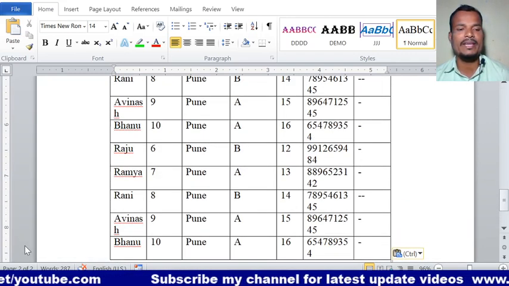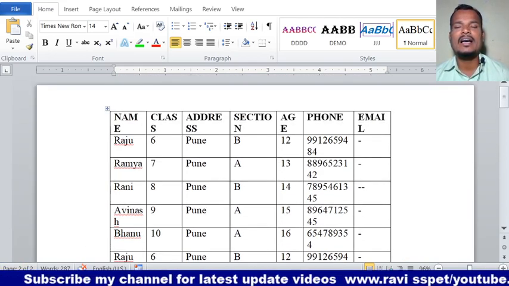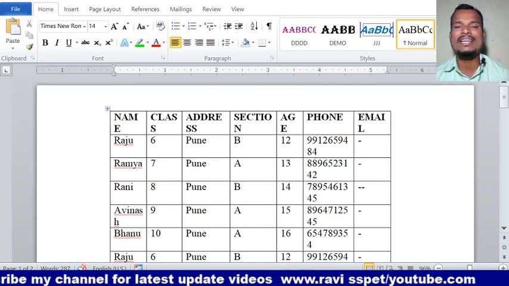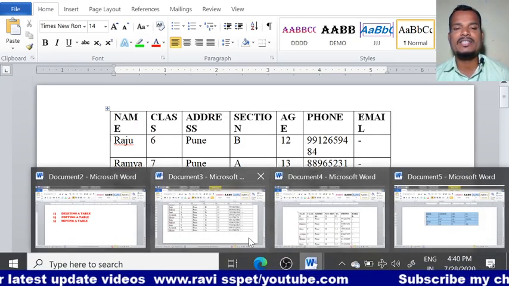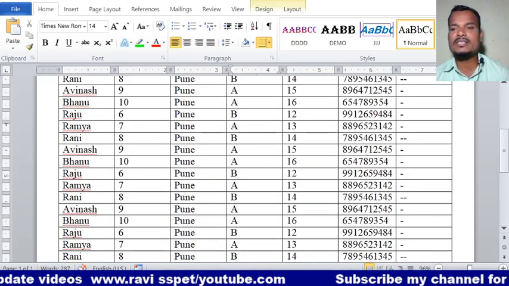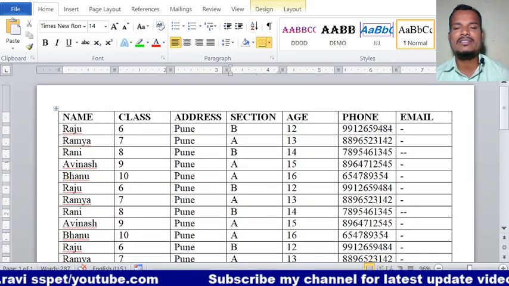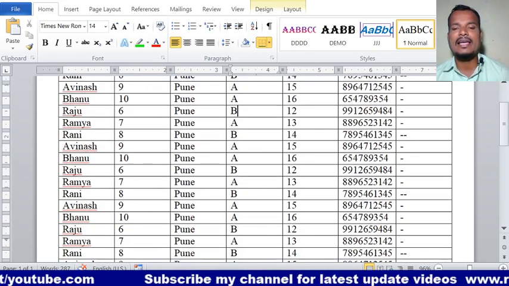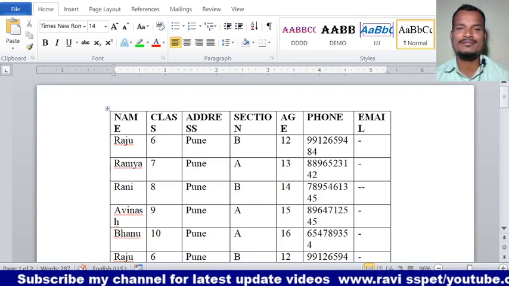See here, 2 pages. So my requirement is I want the table as it is in the original document. That means, see here, this is the original table which is in document 3. I want it the same as it is after pasting in document 4.